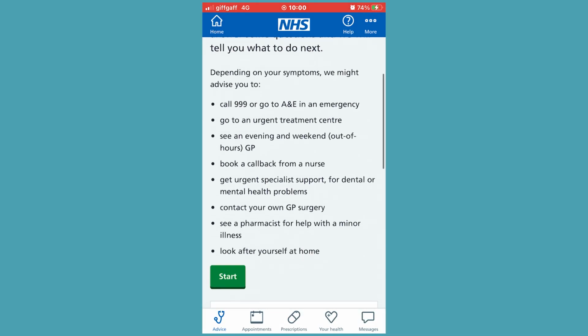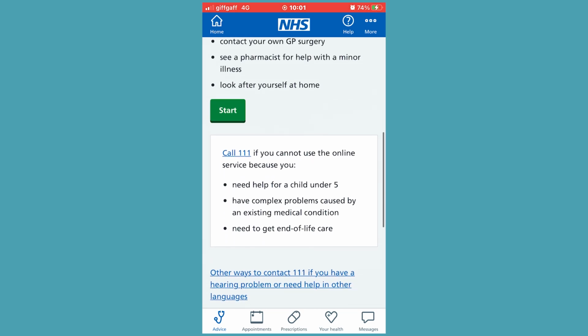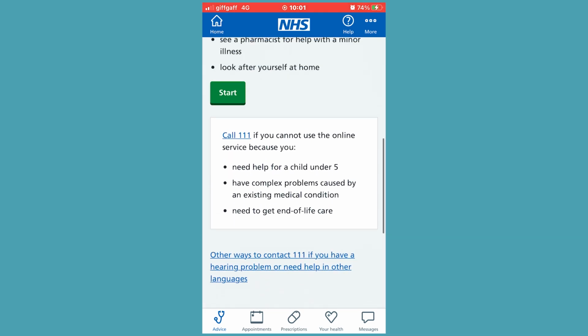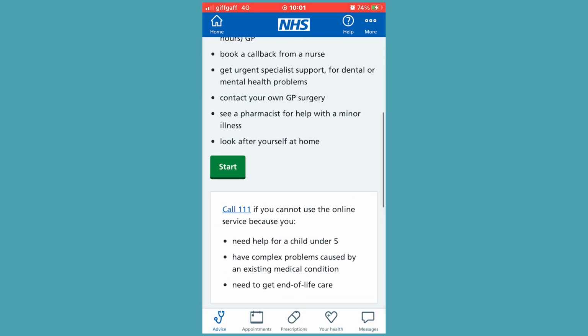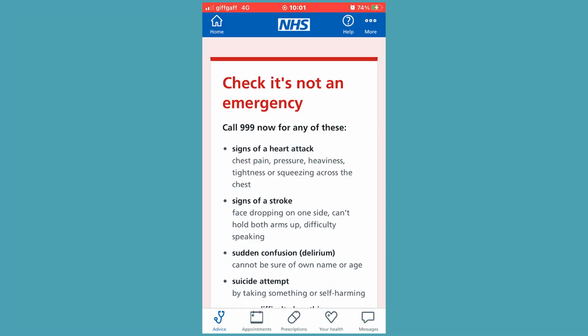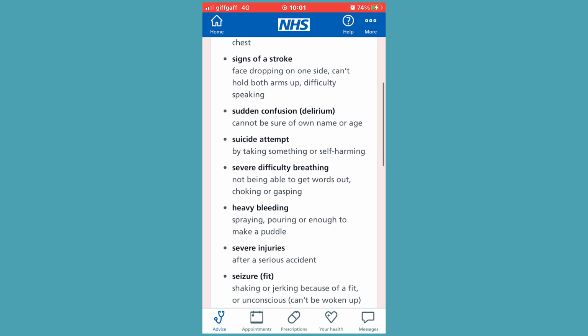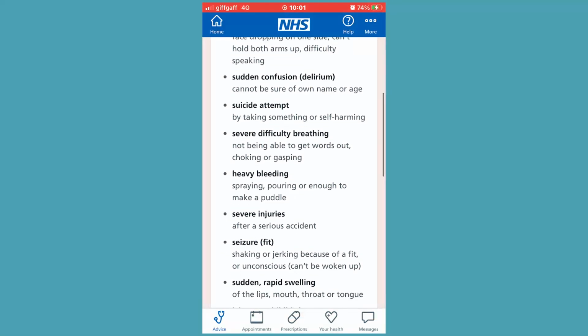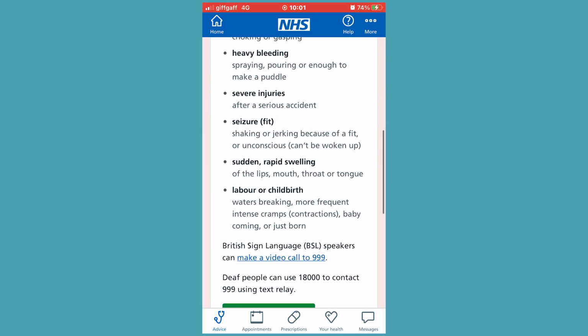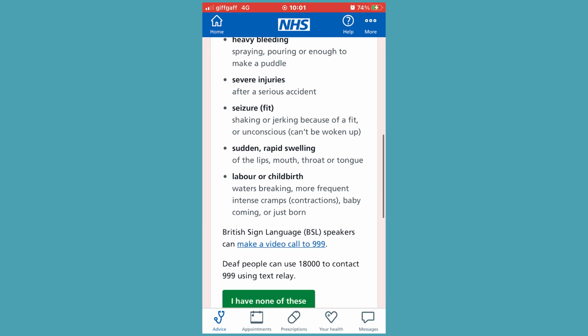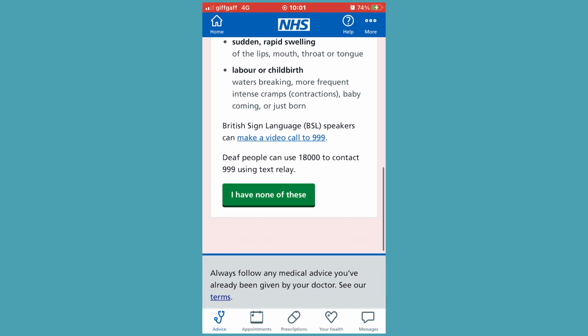For example, if you need to contact the emergency services straight away, if for some reason you think that you've got a chest pain or something, in which case you need urgent emergency treatment. In that case, you have to go through this list of things just to make sure that you do not need urgent treatment.